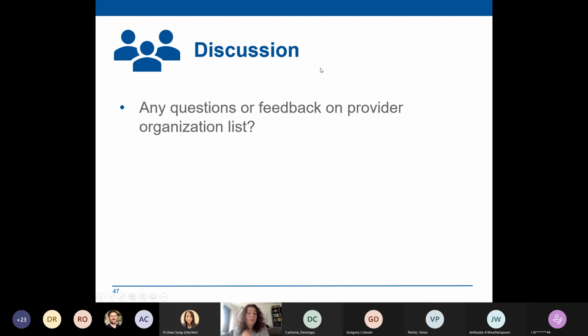Same for the Providence folks. We will be contacting you all directly. If you need to navigate internally, if there are other folks from the medical group side that you need to pull in, we will defer to you on how to do that, but you will be our key contacts because we know that you already know about the program. In the cases of some of the organizations on the list, we don't have someone who's already engaged, and we might have to do a little bit more cold calling and trial and error to find the right contacts.